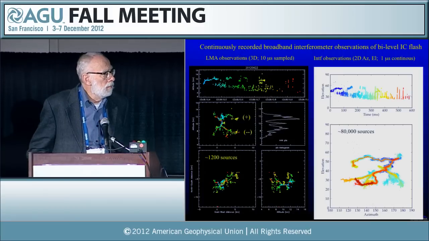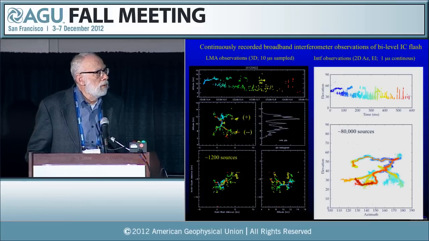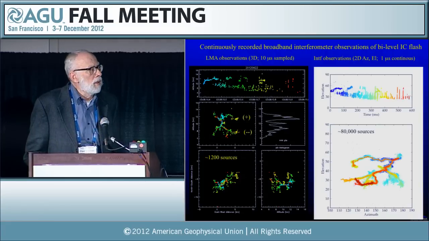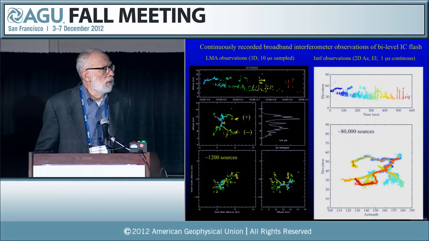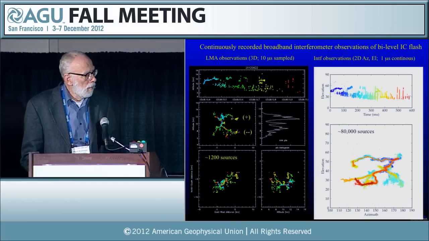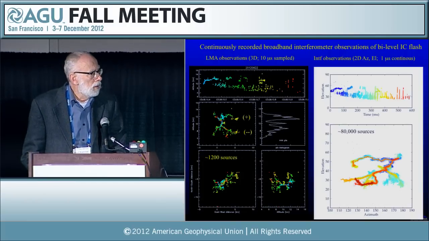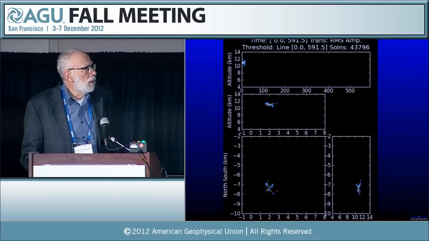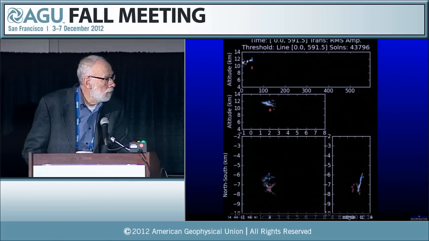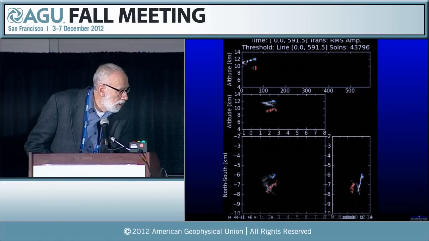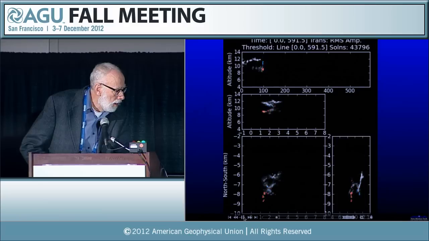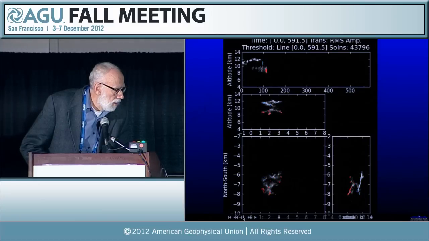So it's substantially more events. And it has much better time resolution. It's recorded continuously during the flash, with on the order of 1 microsecond time resolution. So the next view graph here will show the animation of those sources. Let's see, I can't see the pointer. There it is. Okay, let me stop at about here.